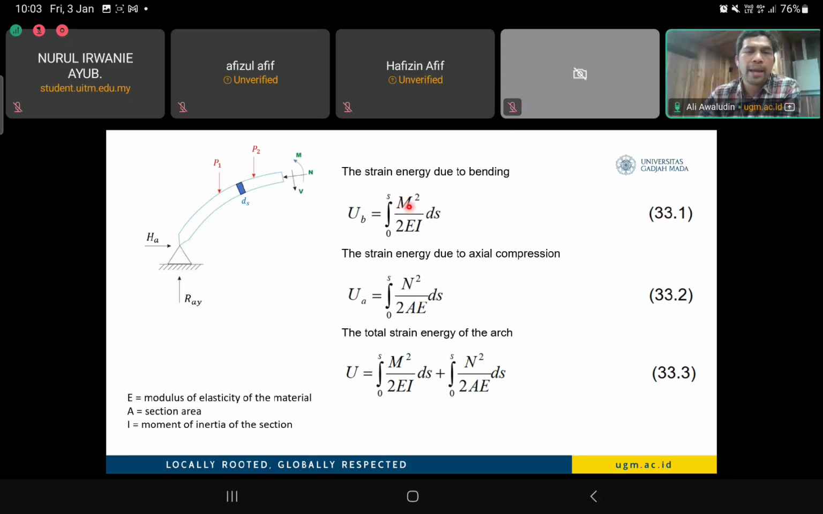So M is the bending moment, N is the normal force, E is the Young's modulus, I is the second moment of inertia, A is the cross-section area. So we sum up those. This is the total energy coming from the internal forces. So this is the internal energy. And then,